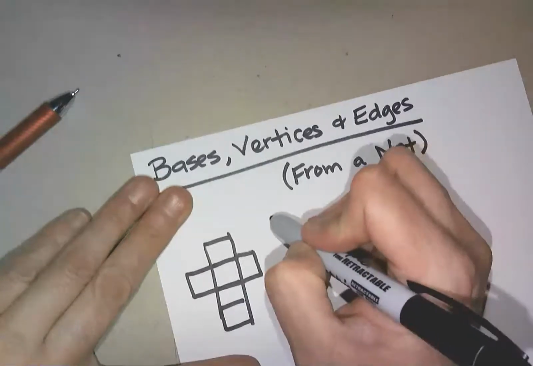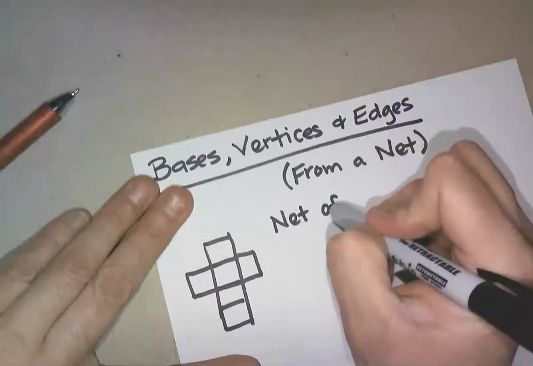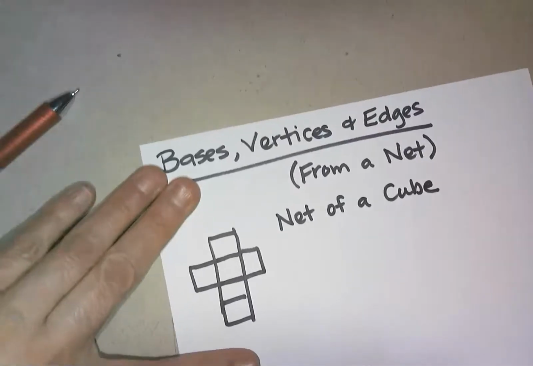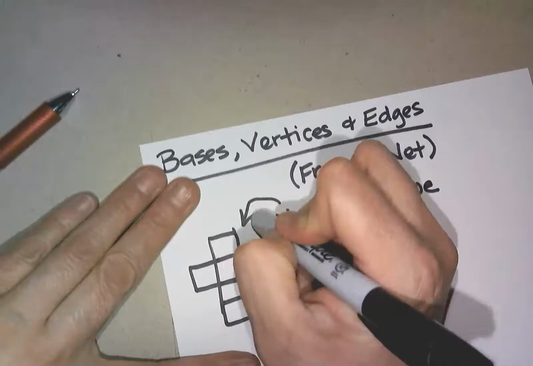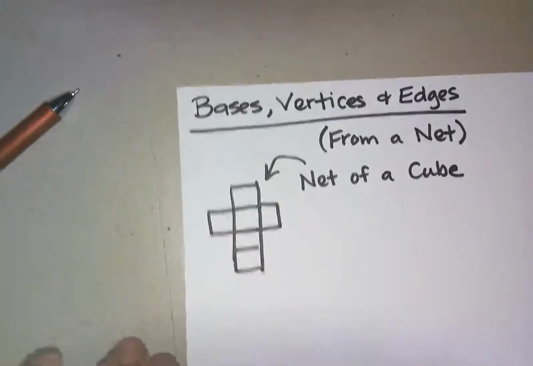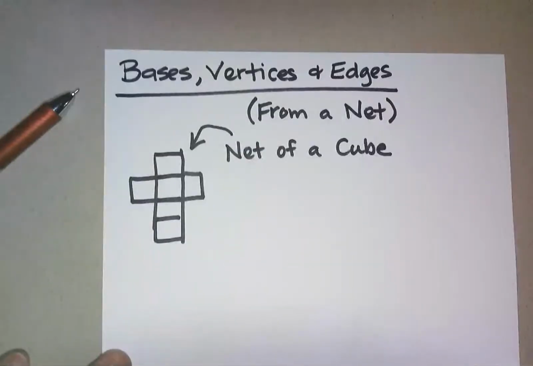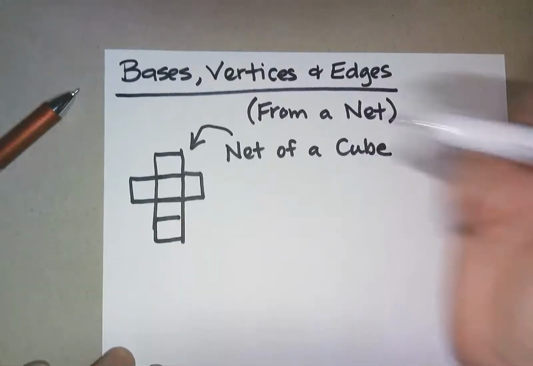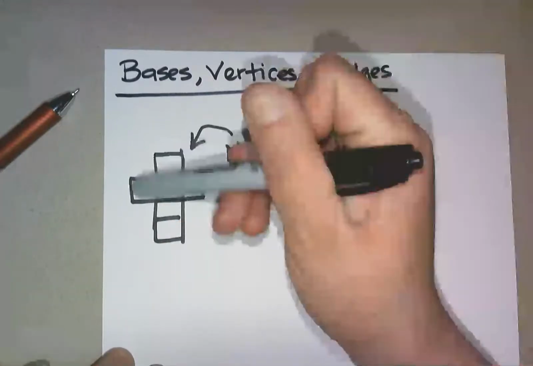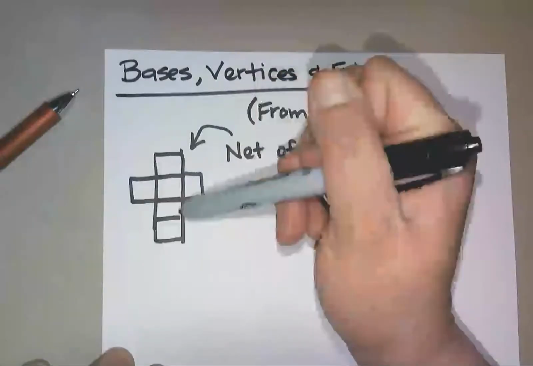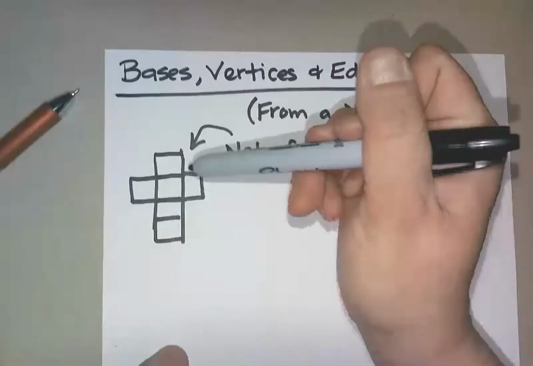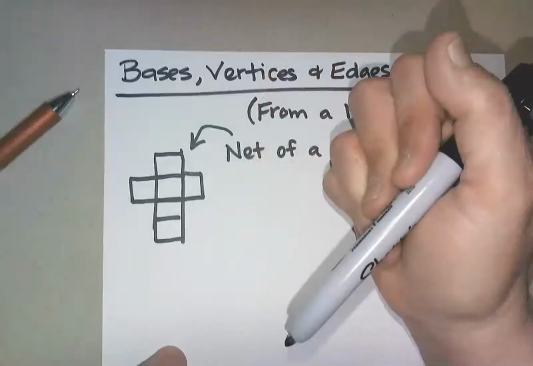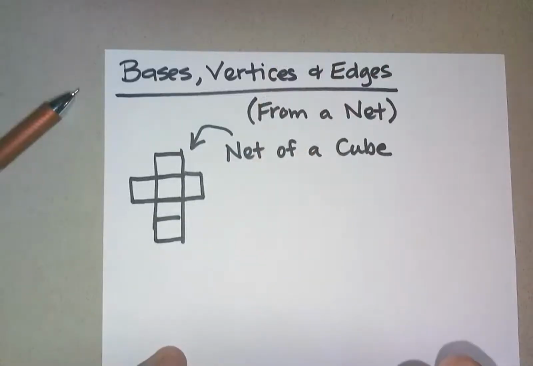This is a net of a cube. Does that help? Okay, so now if I see this, I don't want to be trying to count all these little sides, because that's what I noticed some students have done before. My question is, if you recognize that this is a cube, then draw your cube, your 3D shape,